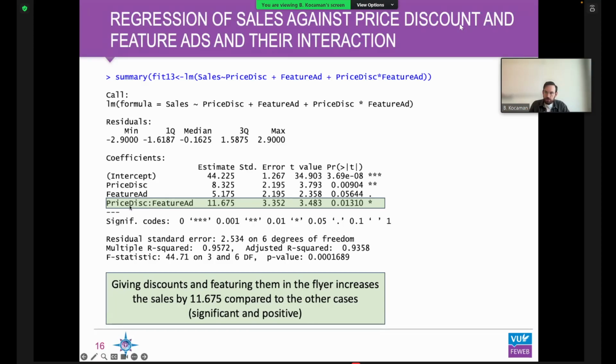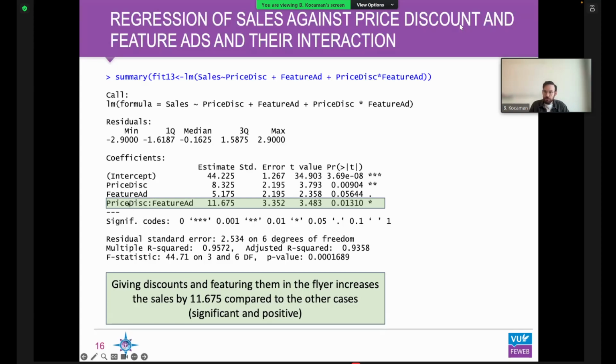So whenever we see both of them equal to 1, giving discounts and featuring them in the flyer increases the sales by 11,675 compared to the other cases,